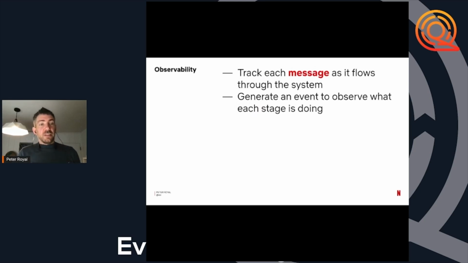This also plays very nicely to observability and tracking what's going on inside the system. You start with an incoming mutation, which is an HTTP request. That message is then transformed into different types of messages inside the system itself.